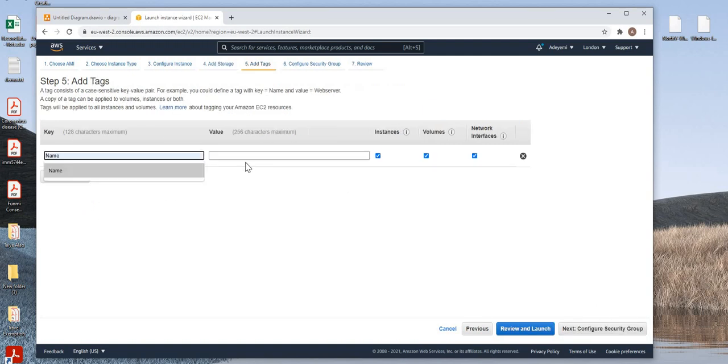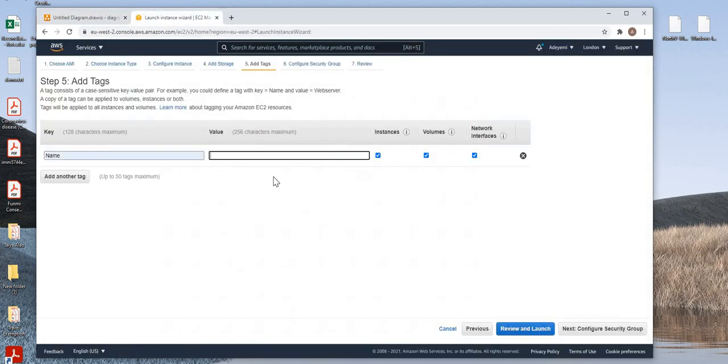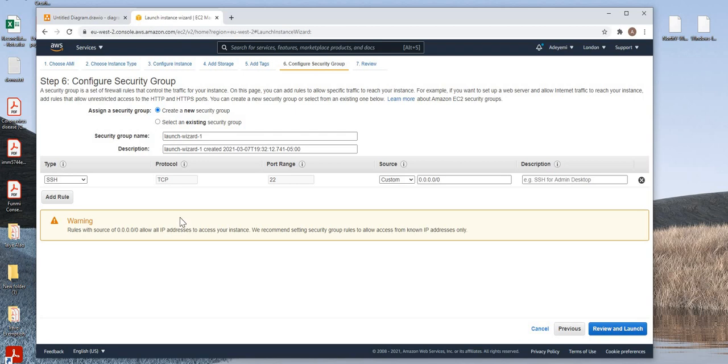So we're adding tag name. Don't forget we have given this as Linux instance 1. So Linux instance 1. And don't forget part of our task is to configure the security group, and let's call this Linux instance 1 SG as our security group,